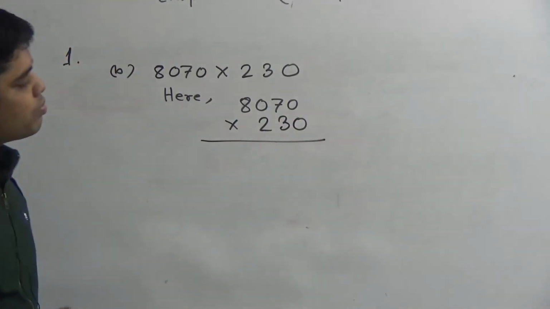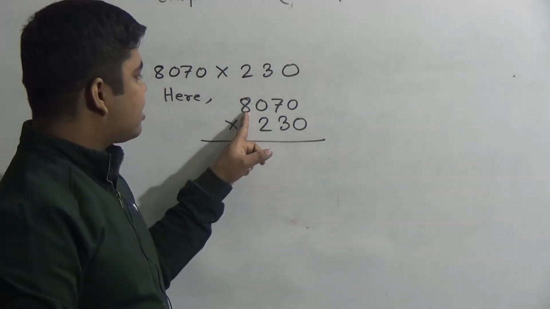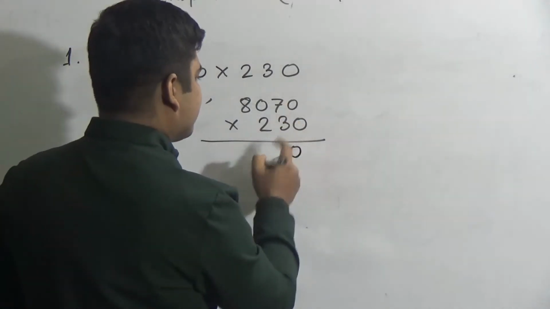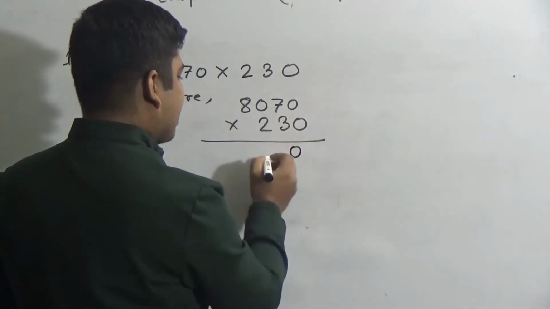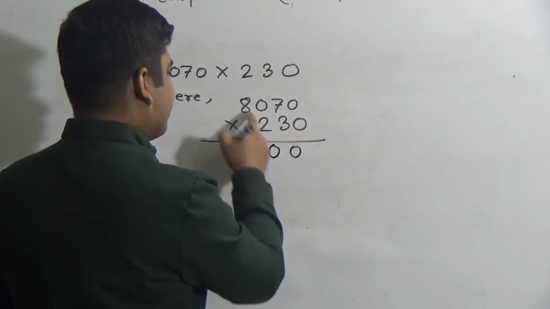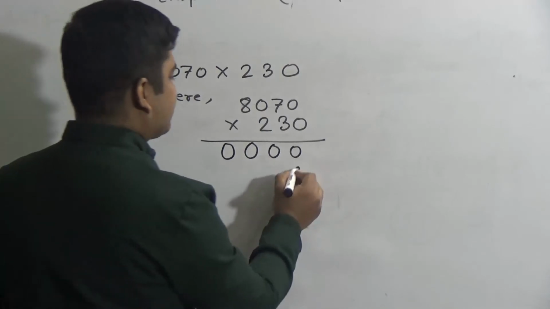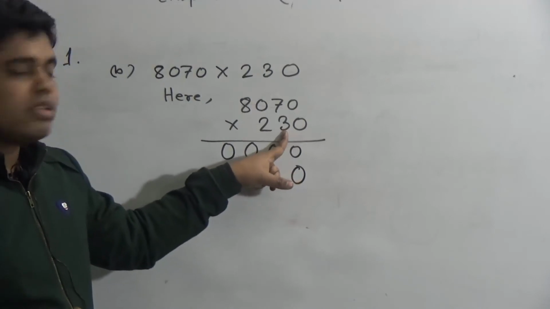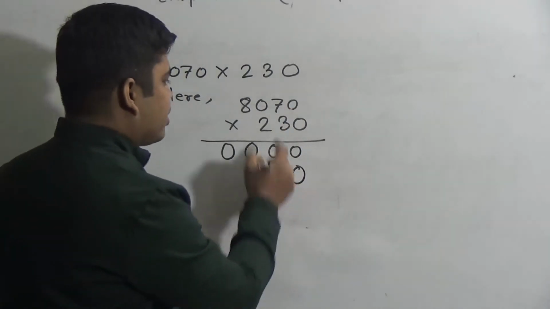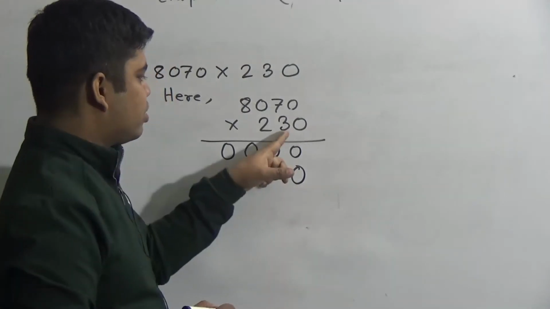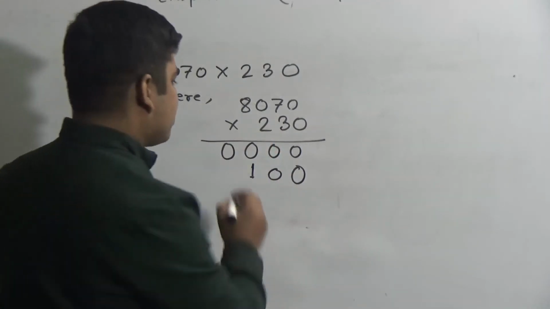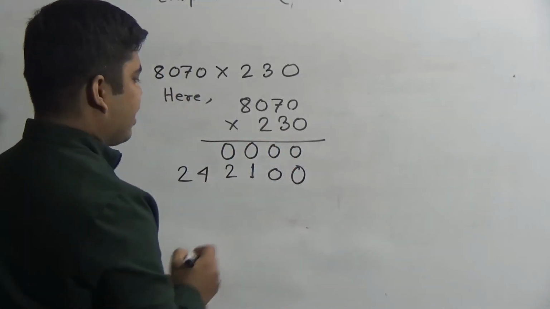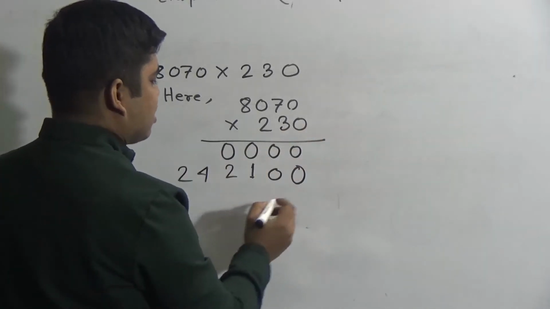Okay. So first of all, we multiply this 8070 by ones place digit, which is 0. If I multiply 0 with 0, 0. 0 with 7, that means 0. 0 with 0, then 0. 0 with 8, then 0. Ones place down, for this reason I give here 0. Now we shall multiply this number by this 3, that means tens place digit. 3 zeros 0, 3 sevens are 21, carrying 2. 3 zeros are 0 plus 2, 2. Now 3 eights are 24. I hope you have understood. Okay. So ones place, tens place, both done.